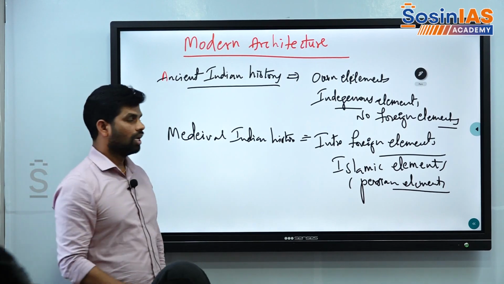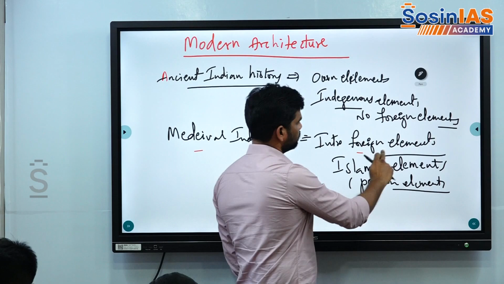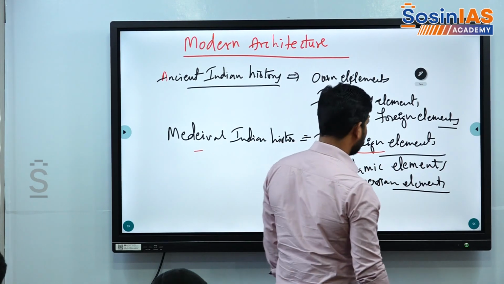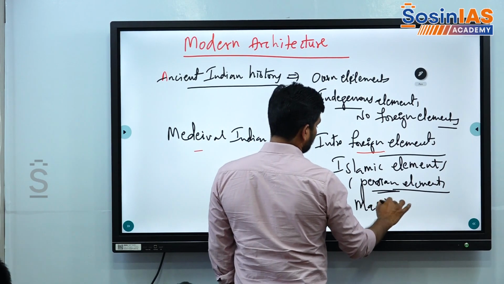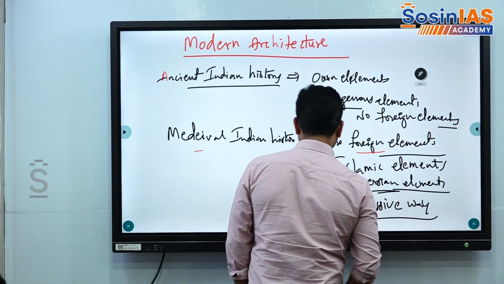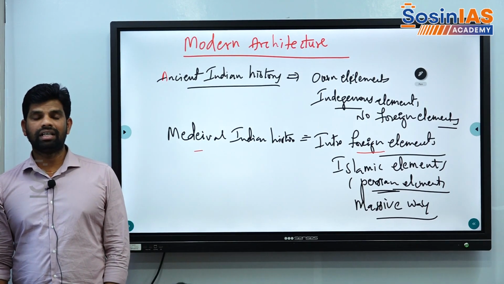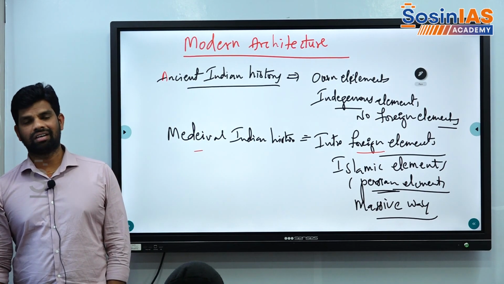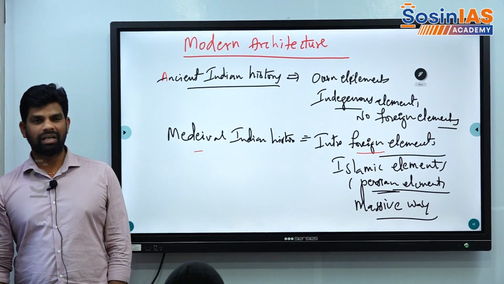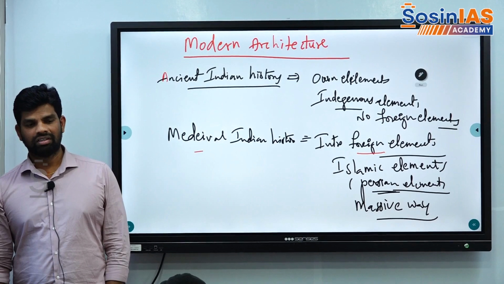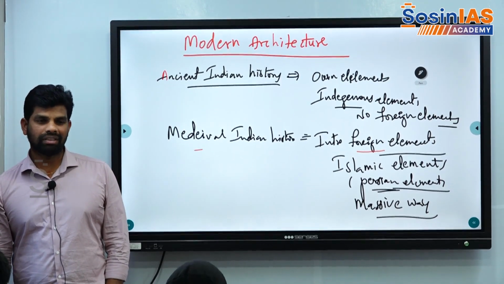Complete indigenous elements. When it comes to medieval Indian history, for the first time there was introduction of foreign elements, Islamic elements, and particularly Persian elements in a massive way. To be frank, the majority of the buildings in India in the medieval period are composed of foreign elements only. The dome, the minarets, the spacious buildings, the charbagh style garden, the jali works, the pietra dura work, all these are nothing but foreign elements, especially